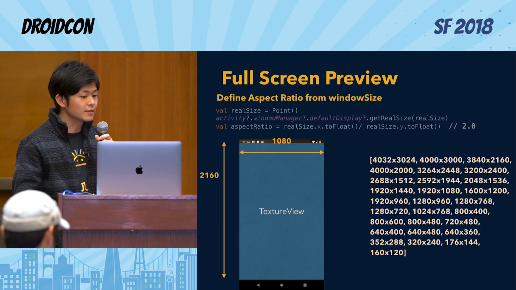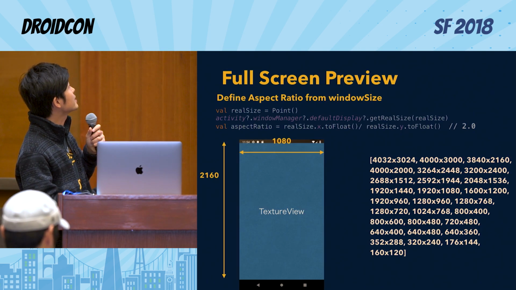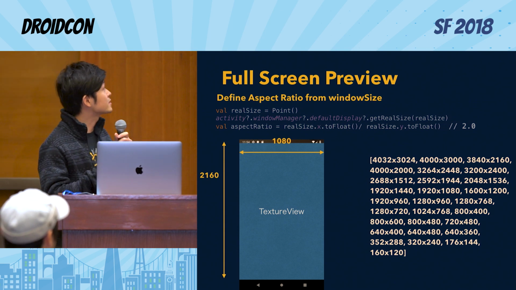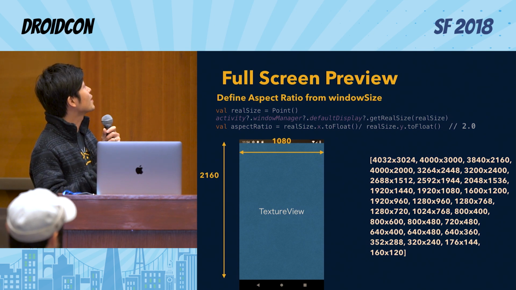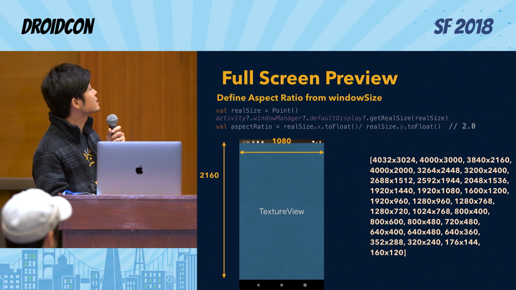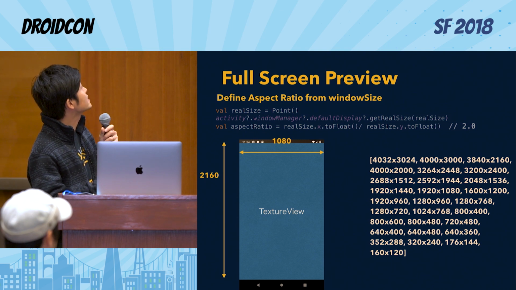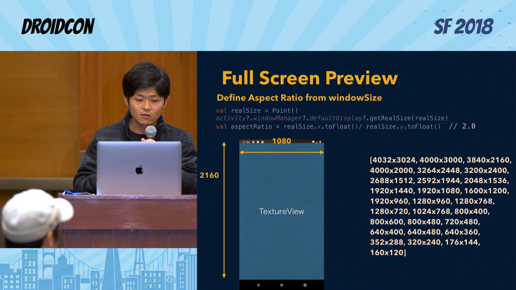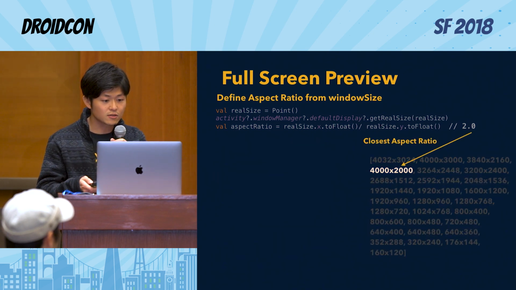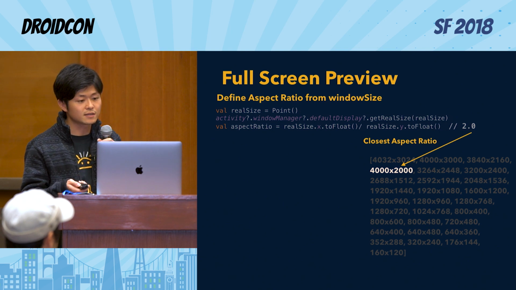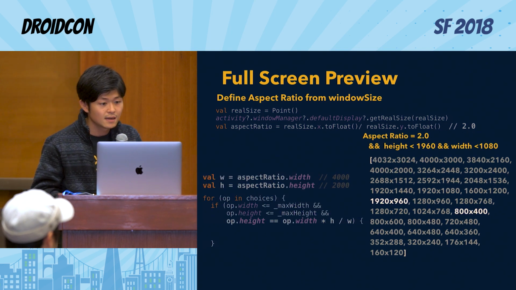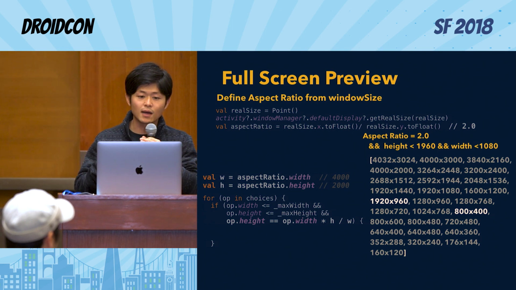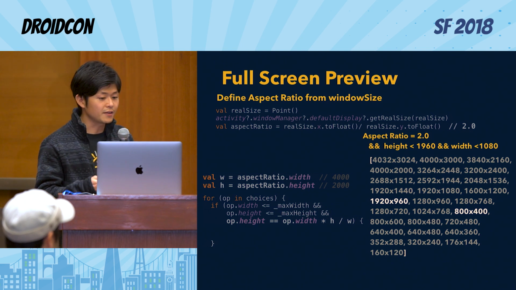Now, for the full screen preview, we can calculate the preview size using the window size. For example, on a Pixel 3, the window size is 1080 as width and 2160 as height. So we know the aspect ratio of this screen is 2.0, and the closest aspect ratio here is 4000 to 1000. Now, using this aspect ratio, and also setting the maximum height and width, we can calculate